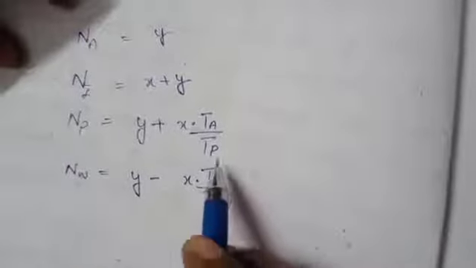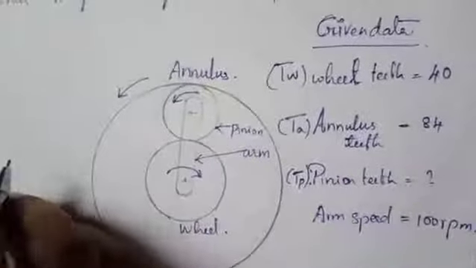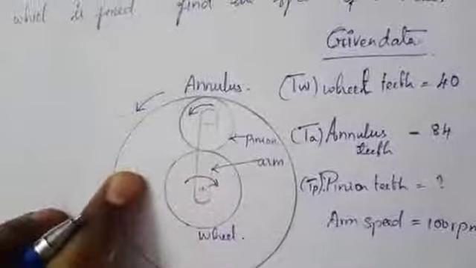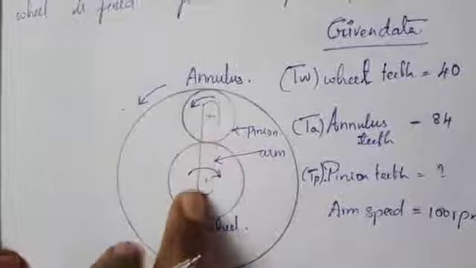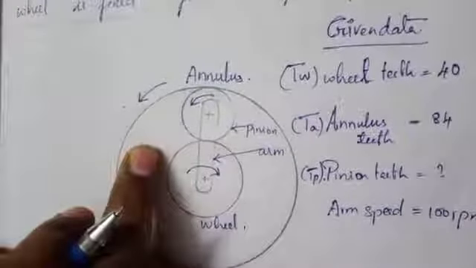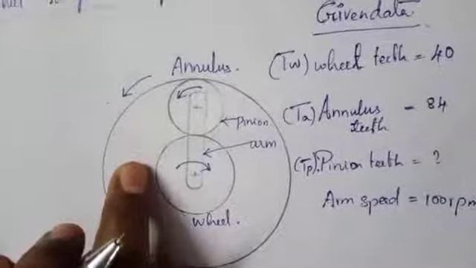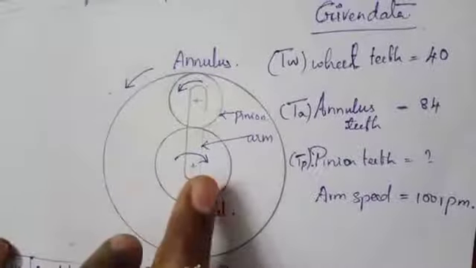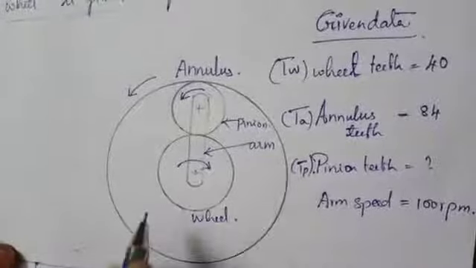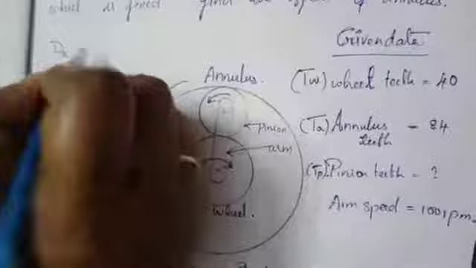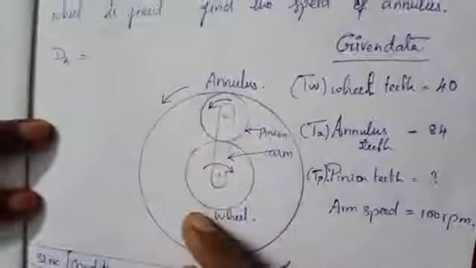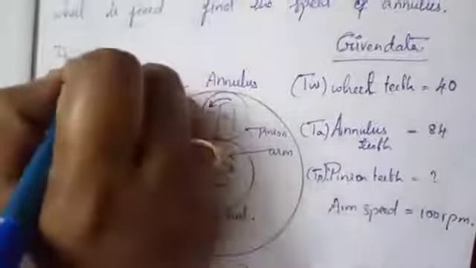And you need to find out TA, you know, TW, you know, you need to find out the teeth of the pinion. So find out here. So now you just see that in the wheel you have the annulus, pinion and wheel, you have the relation. So the basic condition for meshing is the module should be the same. So when the module is the same, the teeth are directly proportional to your diameter. So here I can write down that D, diameter of the annulus, that is equal to the overall diameter of the annulus, that is equal to diameter of the wheel.